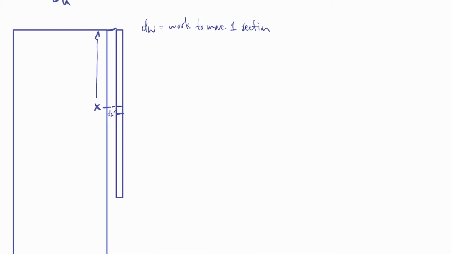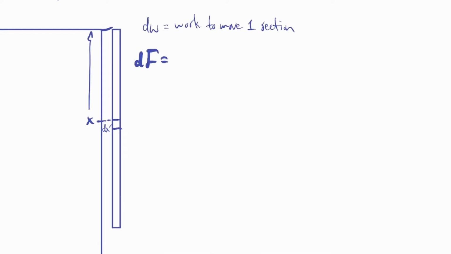So dF, the differential of the force, meaning the force for just that section, is going to be dm times acceleration. The dm is the mass of that section, so this is going to equal